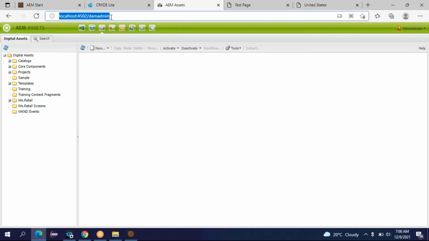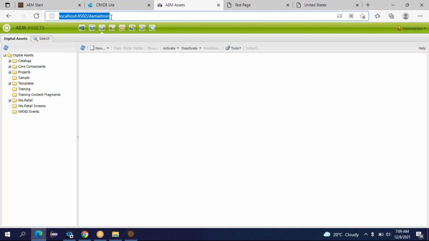Digital assets means that when you create any website, you need a lot of images. You may need videos, PDF files, Word documents, Excel sheets, right? Those are your digital assets. If you want to show some images on your website, you have to upload those images into DAM, and only then can you show them.